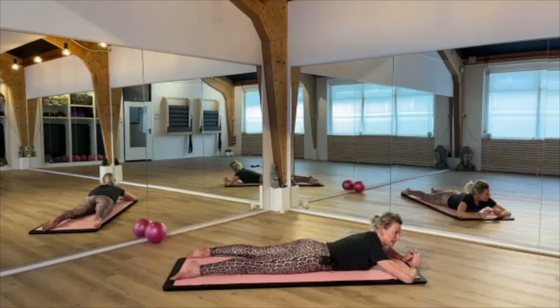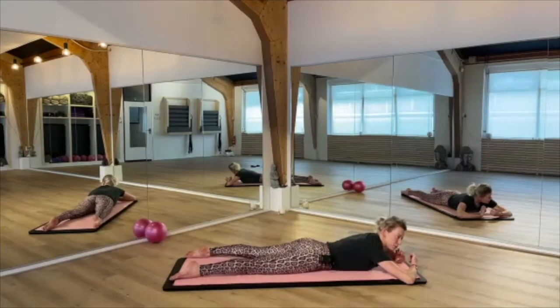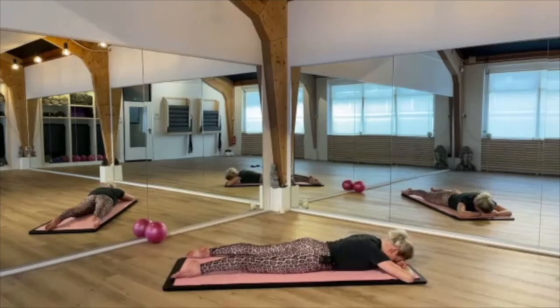Imagine that you have a really tiny raspberry underneath your navel, and you want to keep it nice and round. You don't want to flatten it out. So pull your navel in and feel that you're pushing a little bit harder with your hips against the mat. So push your hips down, pull your navel in and up, away from the floor, and then lift one leg